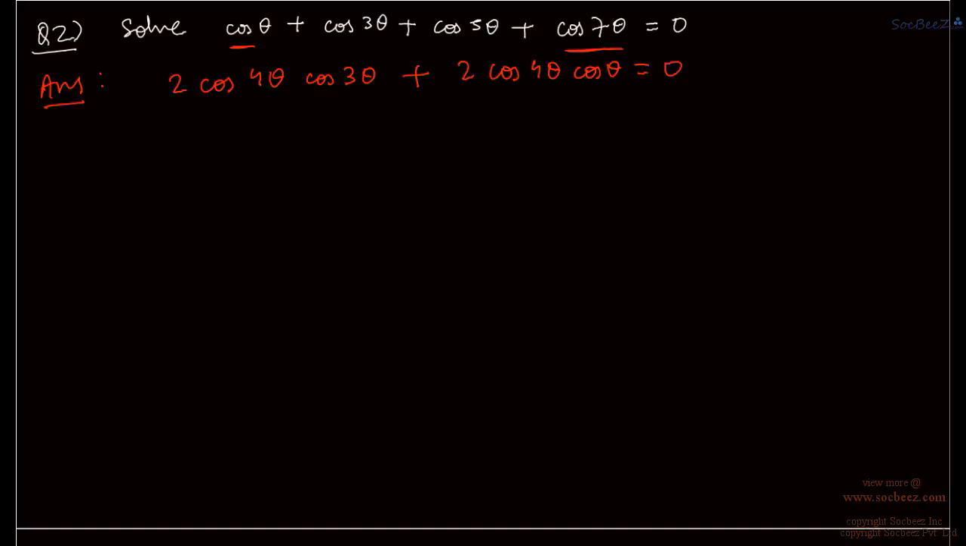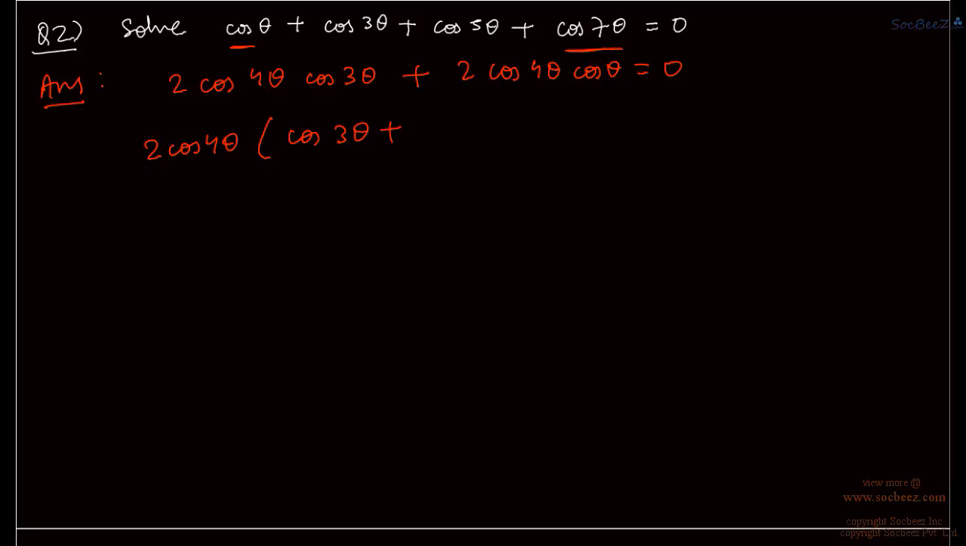There is absolutely no problem if you take cos theta plus cos 5 theta instead. At the end of the day, you should get the same answer, so you should get the same arguments also. But it becomes slightly easier if you take this. Right? So we take 2 cos 4 theta common,